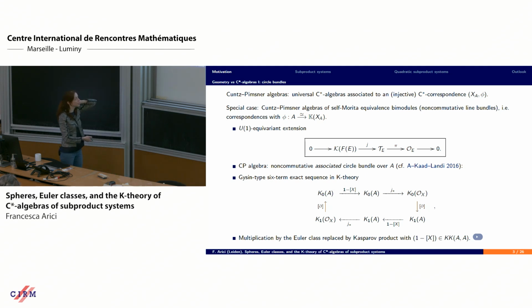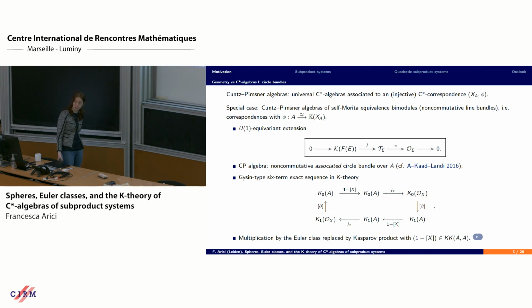appearing, 1 minus x, and this is really the same as the Euler class of a line bundle, which is the alternating sum of the identity and the class of the line bundle. So if you interpret your Cuntz-Pimsner algebra as a non-commutative circle bundle, this gives you back the Gysin exact sequence for circle bundles. So I've been trying in the last 10 years to make sense of this for a different